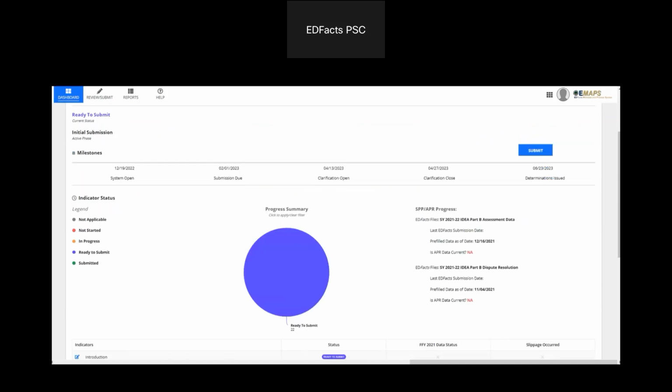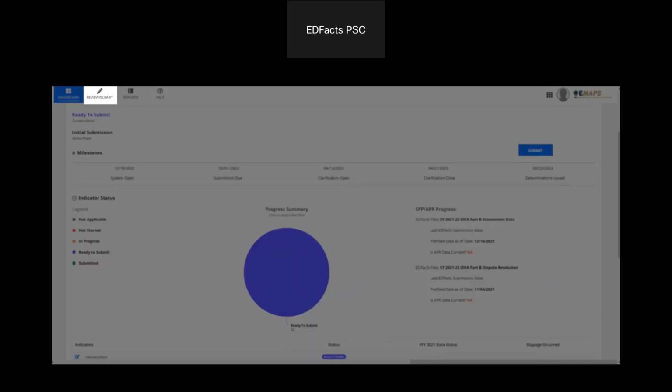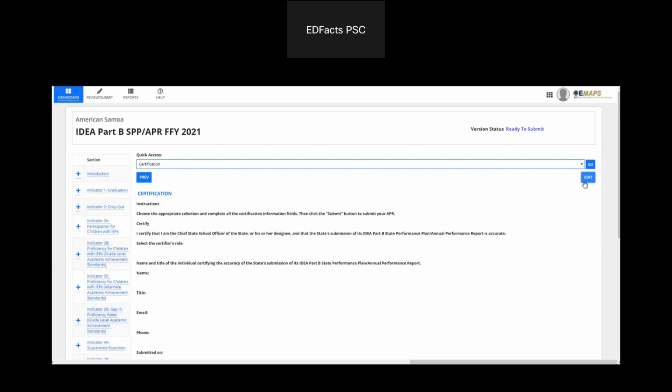Once all data has been validated, both pre-populated and manual entry, and every section is identified as ready to submit, the system will now allow you to submit your SPP APR. To initiate the certification process, someone with submit permissions can either select the Review/Submit tab and then navigate to the certification section at the bottom, or they can select the Submit button on the dashboard, which I will do right now. The submitter will need to select Edit on the certification page